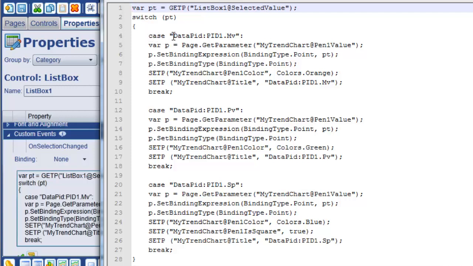The first case is if the selected value is data PID PID1.mv. Then we get a reference to the pen1 value in our chart, and then we set the binding expression. We change it to be a point binding for our PT. So we take the name from the list box and we assign it as the binding expression for the pen1 value in the trend. Then we set the type again to be point value, to be a point binding,